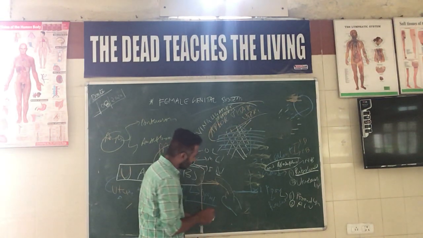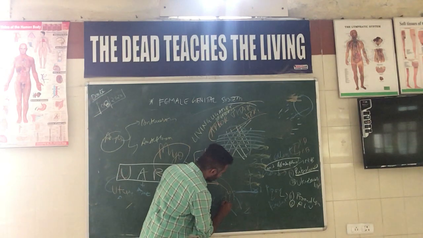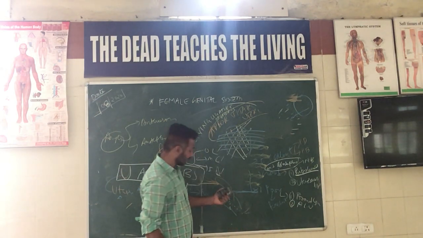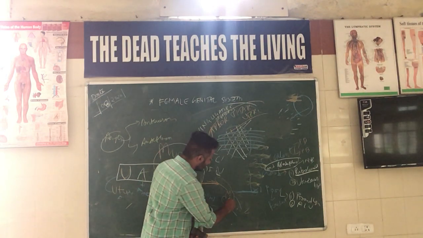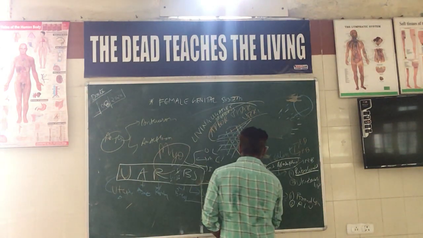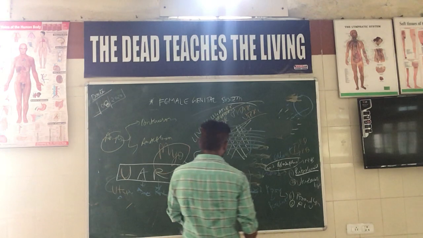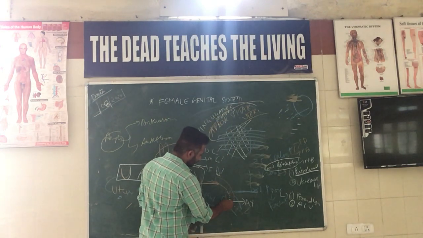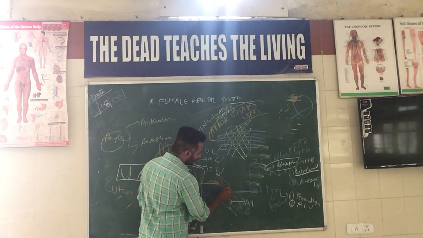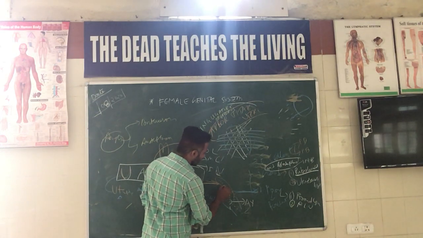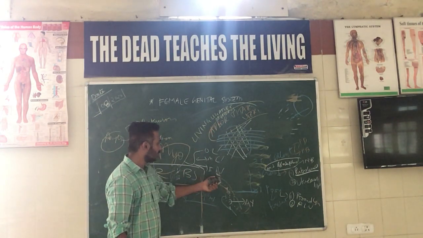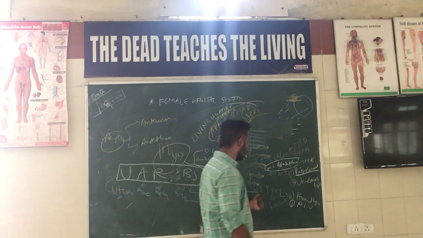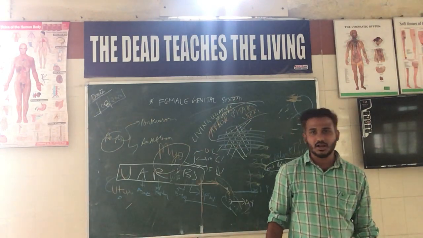So the angle formed between the body of the cervix and the vagina is called anteversion, and the angle formed between the midline of the cervix and the rest of the uterus is called anteflexion. This anteflexion is maintained by the round ligament of the uterus, and anteversion is maintained by the uterosacral ligaments.